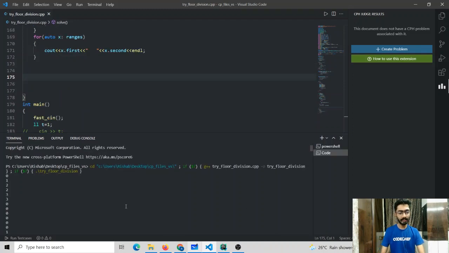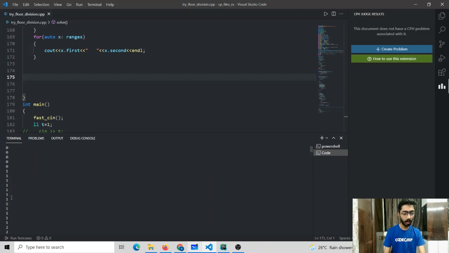So here we can see the Grundy numbers. The Grundy number for 0 is 0, then for 1 is 1, then we have 2, 2, then we have 3, 3, then we have 6 zeros, after which we have many 1s, after which we have many 2s. Looking at this, we are unable to find what the pattern is. But one thing we can see is that many numbers are repeating in chunks.